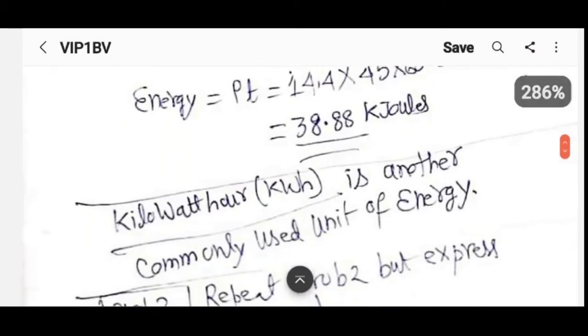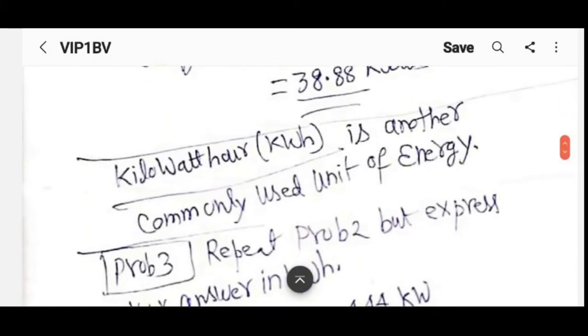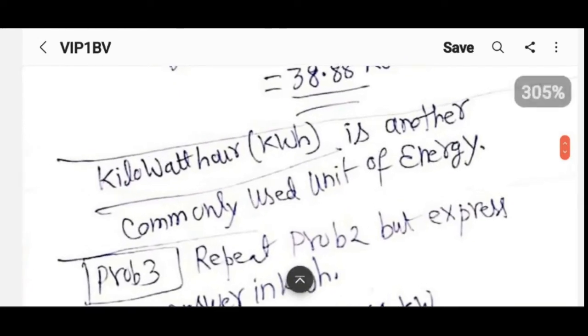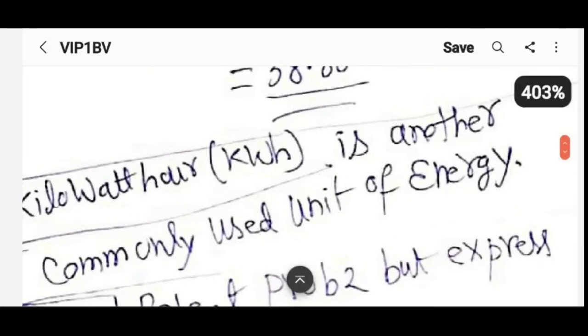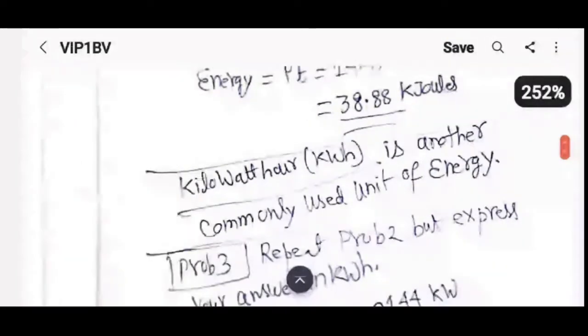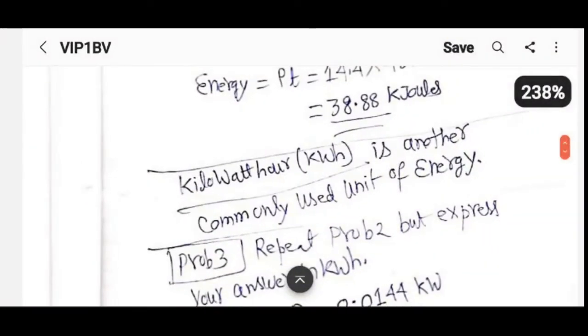Another unit which is very commonly going to be used in this course for measuring energy is the kilowatt hour, not joules. In fact, the electricity boards charge you money based on how many kilowatt hours you have consumed. Each kilowatt hour is called by them 1 unit, and they typically charge 7 or 8 rupees for each unit consumed. So kilowatt hour is a unit you should be aware of besides joules for measuring energy.